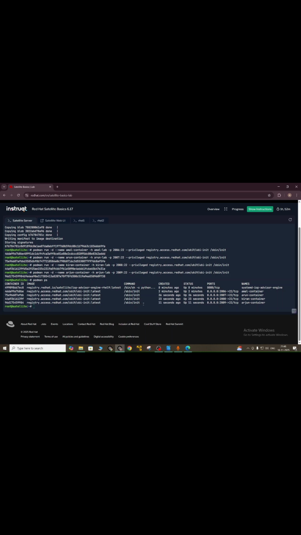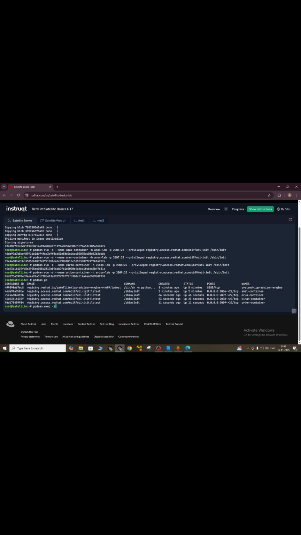Okay, we can move to the next step. That would be configure SSH and user inside each container. That would mean that we need to enter into each container, into Amal, and set some configure SSH and users, so we need to enter into the Amal. So the command would be